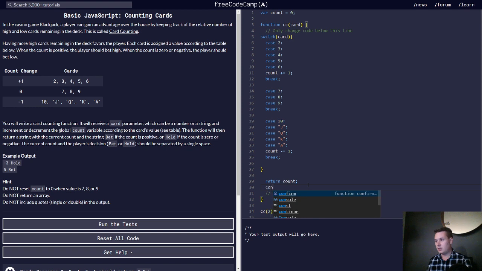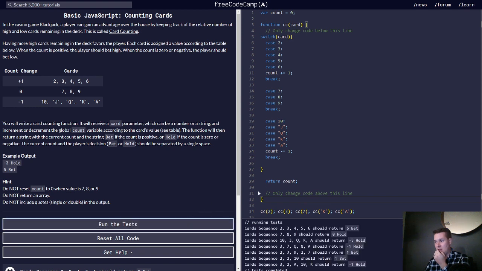We could just check that this works by doing console.log count, and we can put that here. No, we can't. Count plus